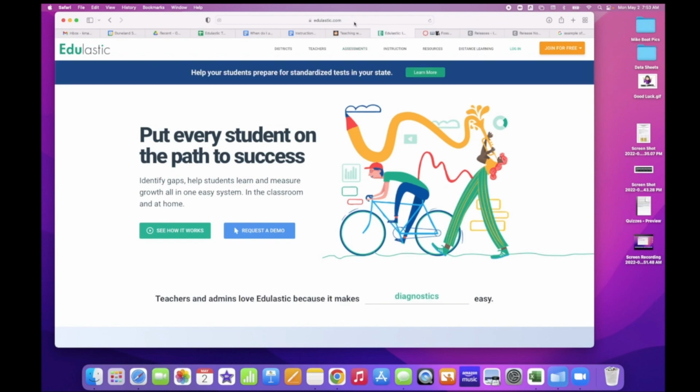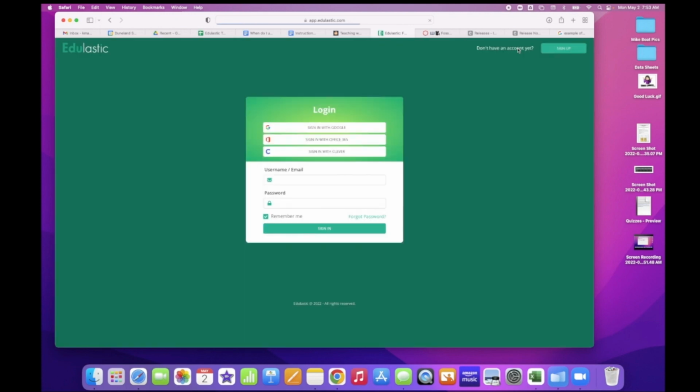I've gone to edulastic.com and then I'm going to click on login in the top right corner. You're going to choose sign in with Google, and it may prompt you to do all of the allow screens for Google. And then once you're in,